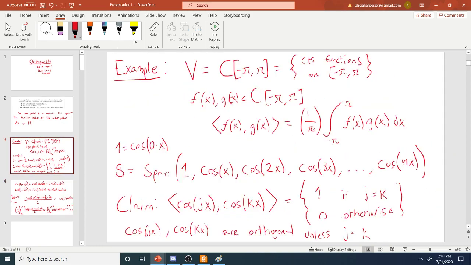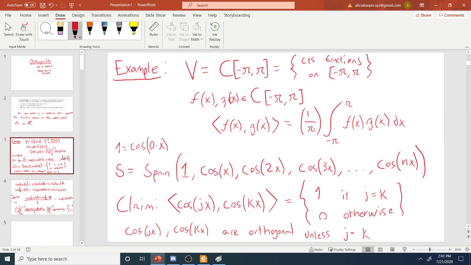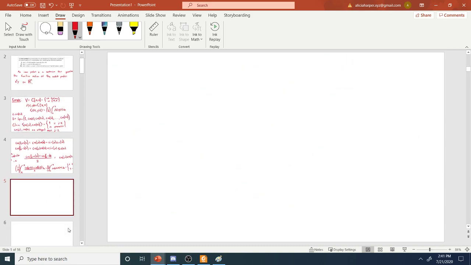So this is basically an example showing how we can use the notion of an inner product on a space that's very conceptually different from Rn. But we still have a reasonable notion of orthogonality. So the next thing I want to do is recall something that we proved last time, which is